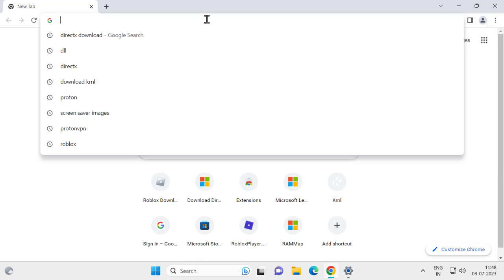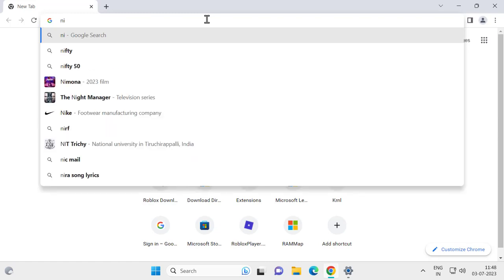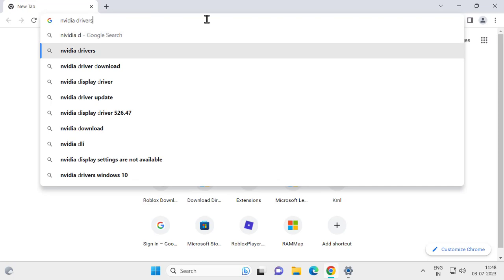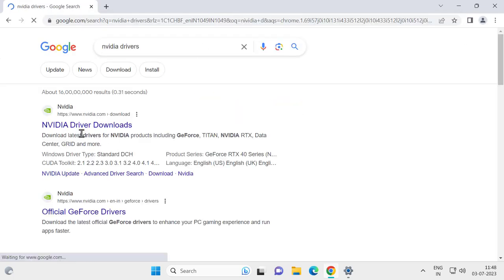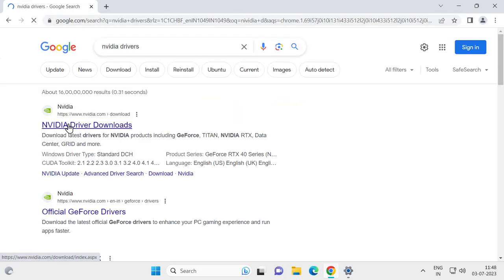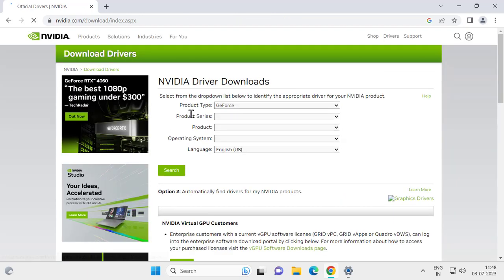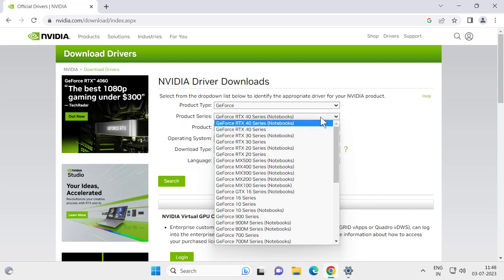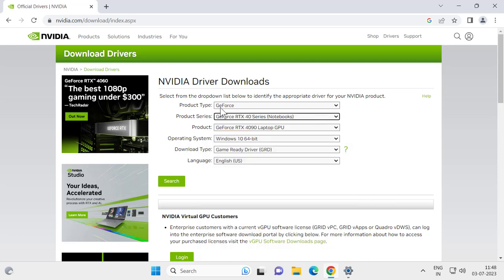If you are using Nvidia or AMD, I'm going to Nvidia, guys. Nvidia drivers, press enter and click on Nvidia official website, Nvidia drivers downloads. Click on it. And you just need to select your product type and product series. You just want to select everything, your information over here. After giving it, click on search